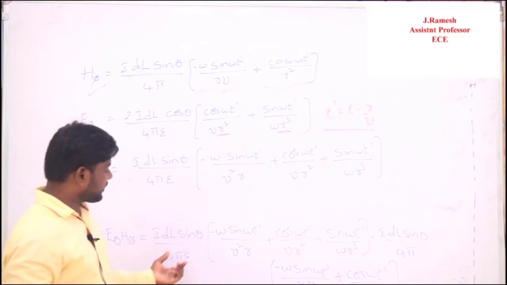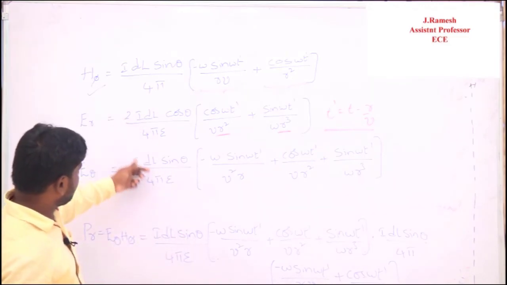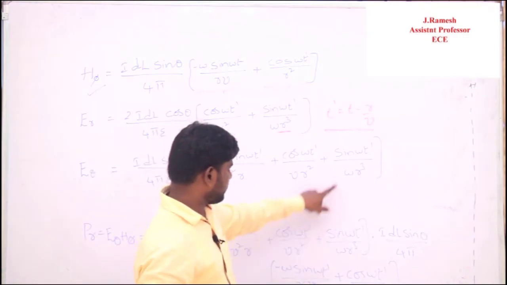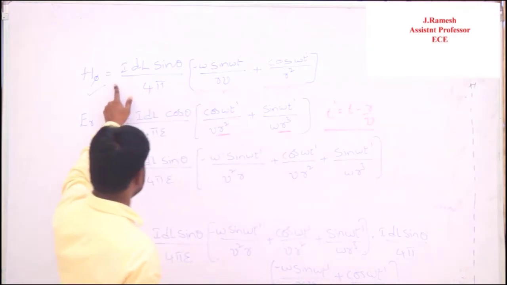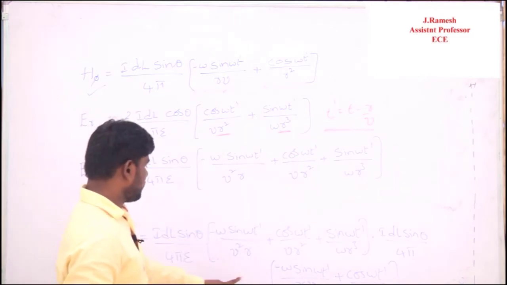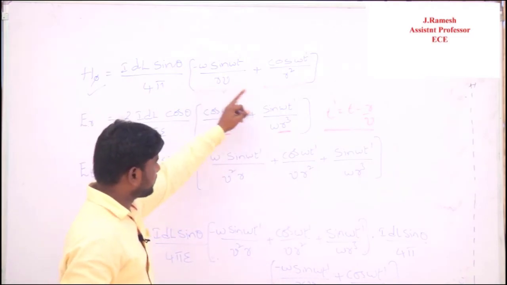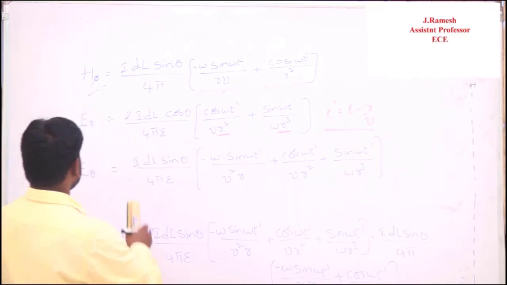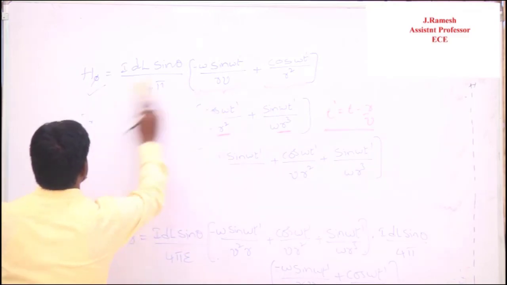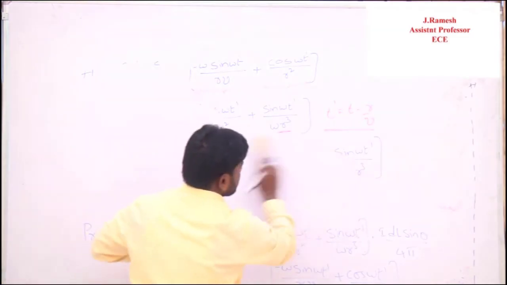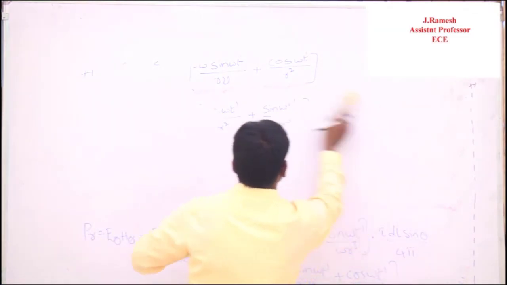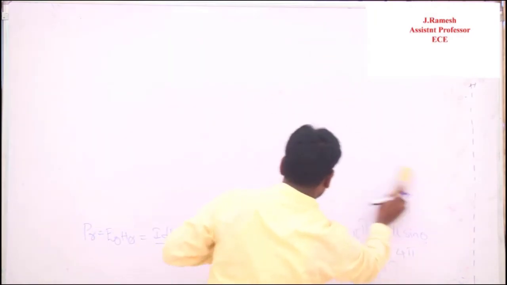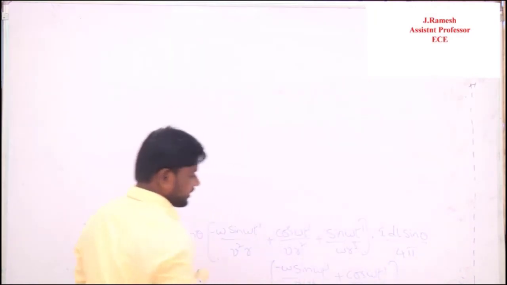So the I dl sin theta by 4 pi epsilon should be multiplied with minus omega, this one R term and R square term, R cube term. And H pi is I dl sin theta by 4 pi, minus omega sin R term and also cos omega t by R square term. So now I am going to do the simplification from this multiplication. So just simplify it. Here there are 3 terms, here there are 2 terms.